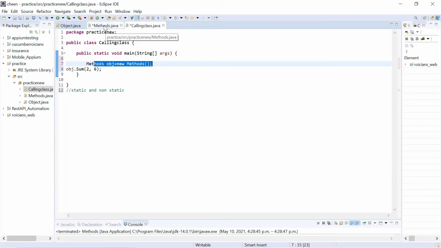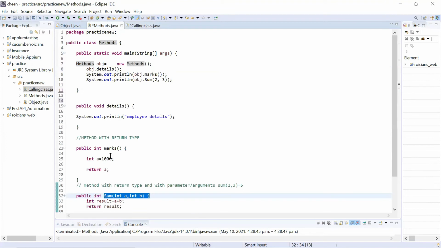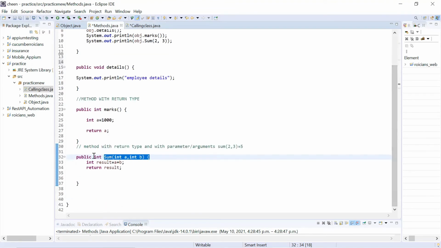So let's move to the previous class in which we have created the sum method. Let's say here, I want to declare this method as static. So guys, how do you declare any method or any variable as static? After the access modifier, you write the keyword static.